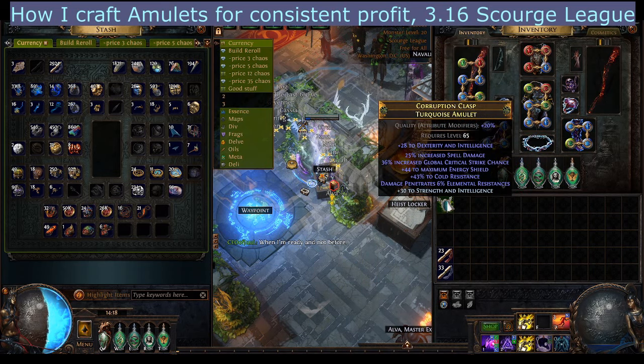So we have an amulet that has 28 to dexterity and intelligence, 30 to strength and intelligence, so a lot of stats, 25% spell damage, 44 maximum energy shield, 43 cold resistance, it penetrates elemental resistances, and it has increased global critical strike chance. I mean, what more could you ask for, right? This thing is sick. It doesn't have the +1/+1s, but it's still going to be...